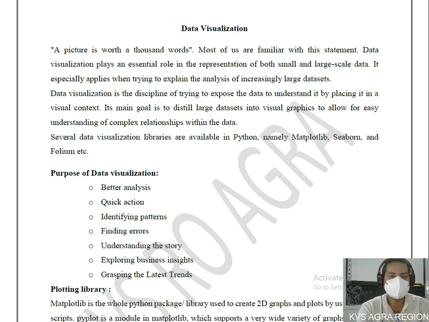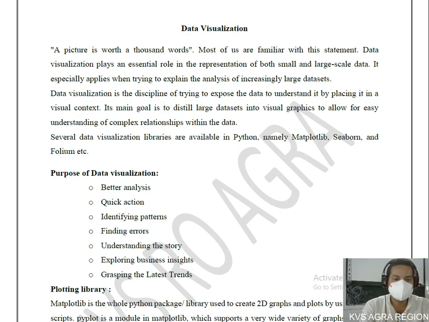Whenever we are showing our data in a pictorial manner on any platform or a screen, it is said to be data visualization. There are some purposes for it. It helps in the better analysis of the problem. We can take quick action to resolve our problems.